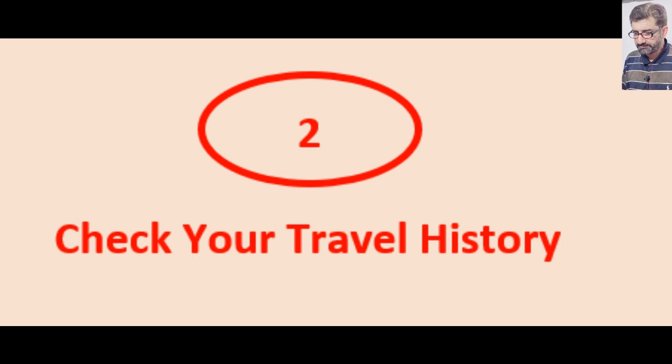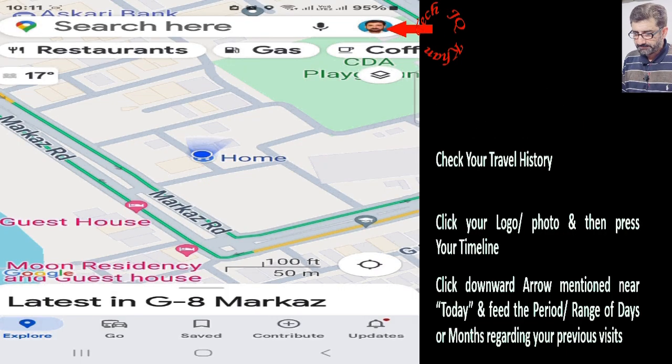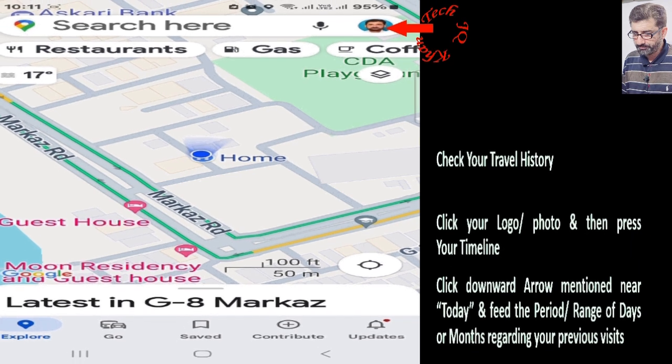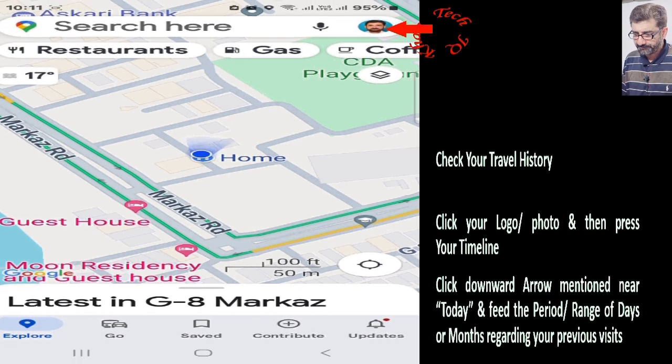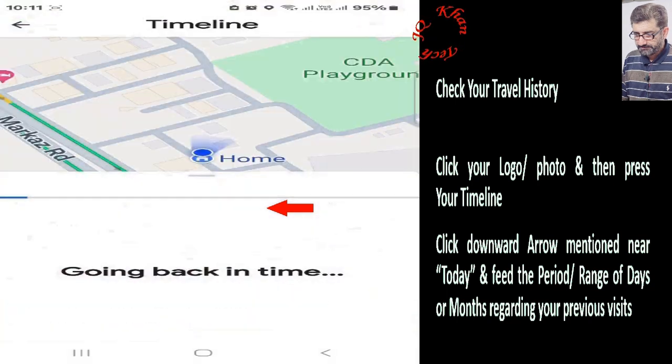Now let's check your travel history of the past. Click your logo or your picture on Google Map and then your timeline. Open it. And now